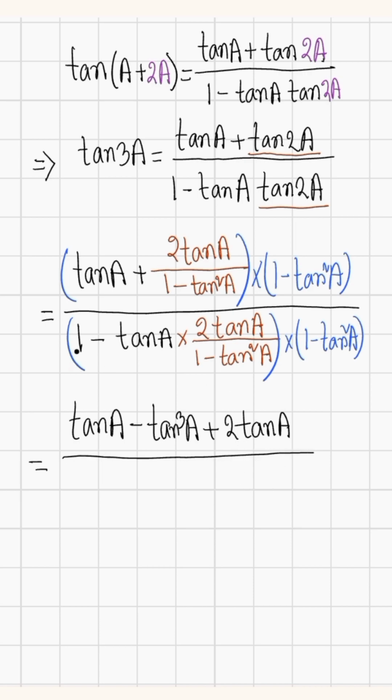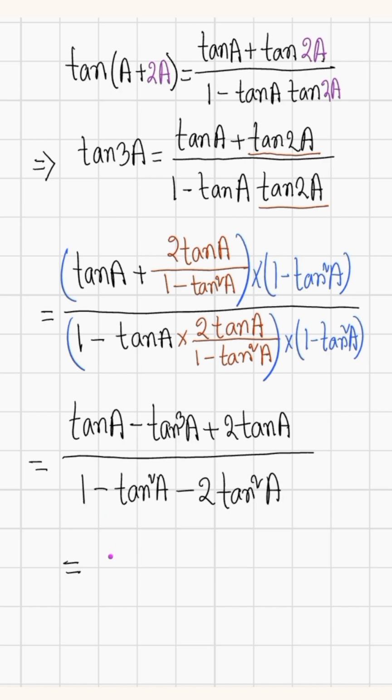হরের প্রথম অংশের 1 into 1 হচ্ছে 1 into minus tan square A হচ্ছে minus tan square A। হরের দ্বিতীয় অংশের 1 minus tan square A কাটাকাটি যায়, minus tan A into 2 tan A হচ্ছে minus 2 tan square A